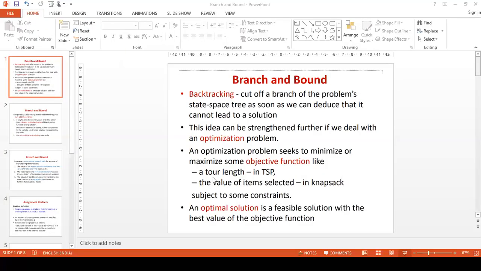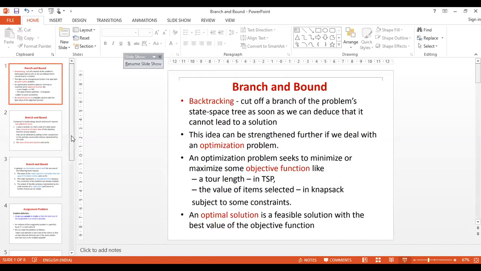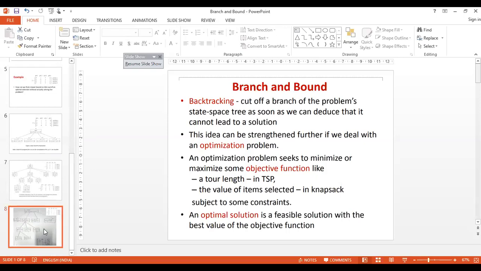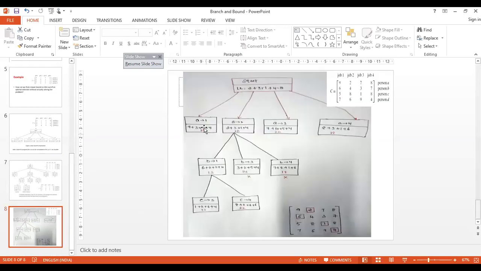So you can write in this form, right? Write the cost of assigning a job to the individual persons. You can represent it in this way. Okay, even this is also correct, right? So instead of writing 7 directly, you may get confused. So write down these values and then you can derive the next nodes. Okay, this is clear? Any doubts here? Fine. This is all about branch and bound.